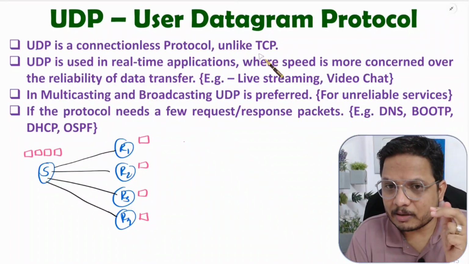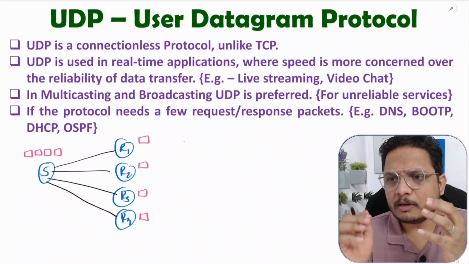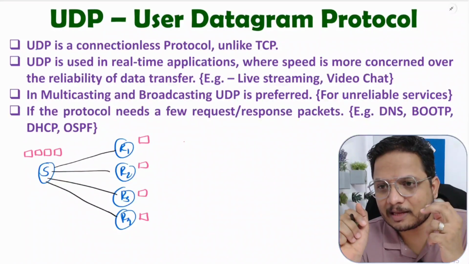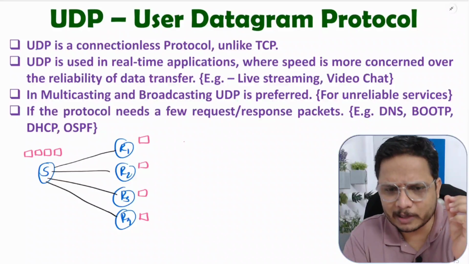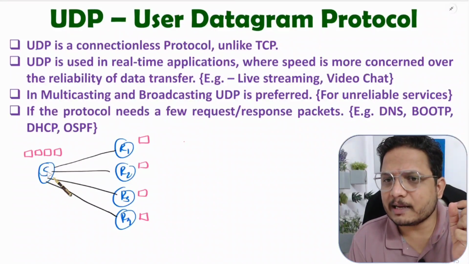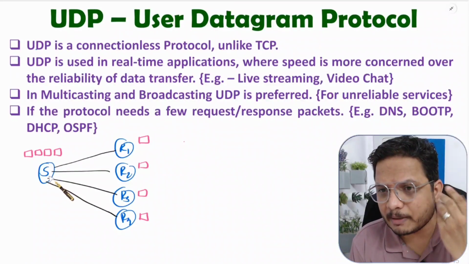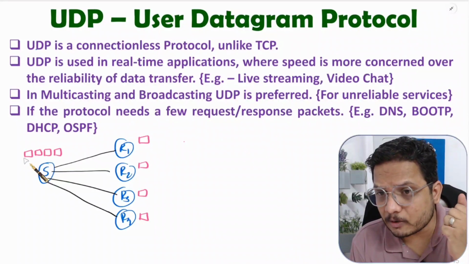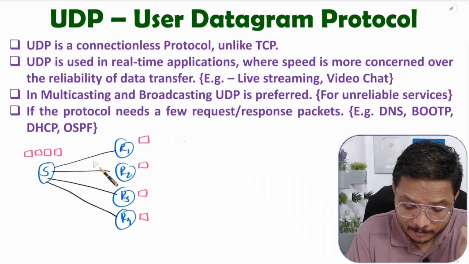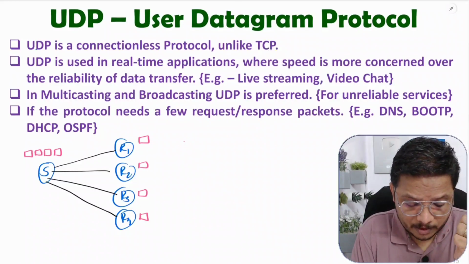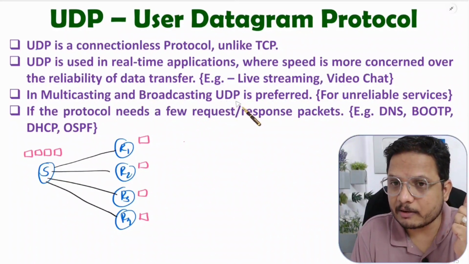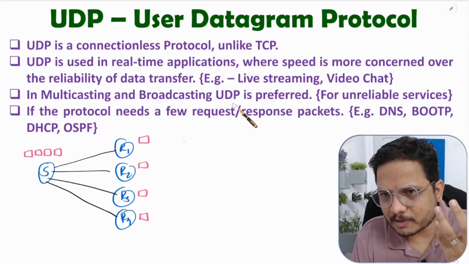At that time, the sender requires humongous computational complexity. The CPU should be very powerful at the sender, if the sender is broadcasting a message to 100 people. Why? The reason is, you need 100 sliding windows. So that's why, see, TCP is not preferred for multicasting and broadcasting. Here we should prefer UDP, where we will have an unreliable service, right?